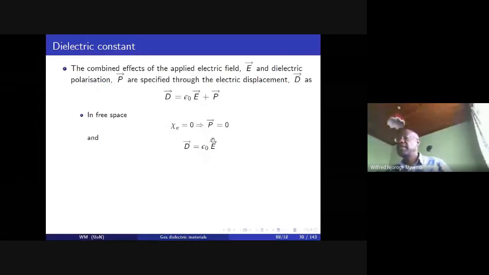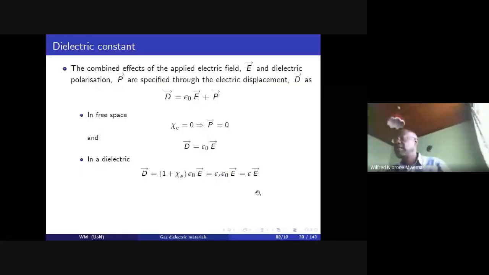So in a dielectric, we add the chi E, and we see that D is going to be given by epsilon applied to the electric field. And hence, you can see immediately that the electric